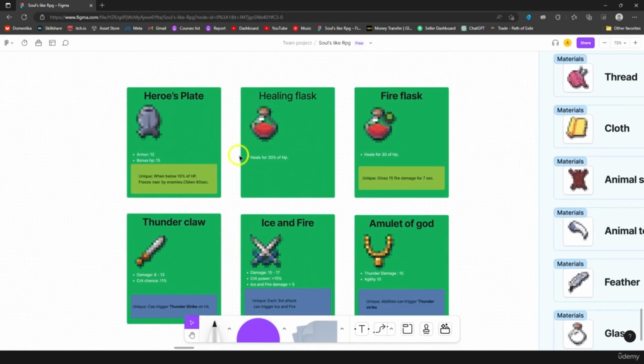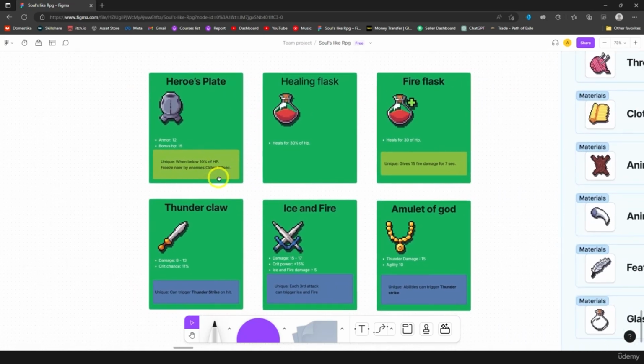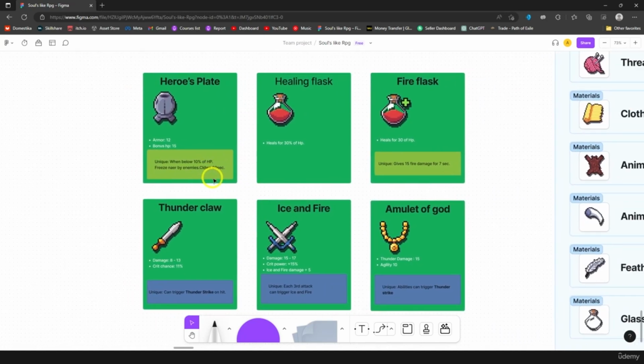Yeah, here it is. When below 10% of HP, freeze nearby enemies. Cooldown 60 seconds. And also I want to show you how to improve your stats when an enemy hits you. Let's say you would have an armor that gives you 5 armor each time you get hit. And in this way, if you're fighting lots of enemies in a short period of time, you'll be pretty durable,